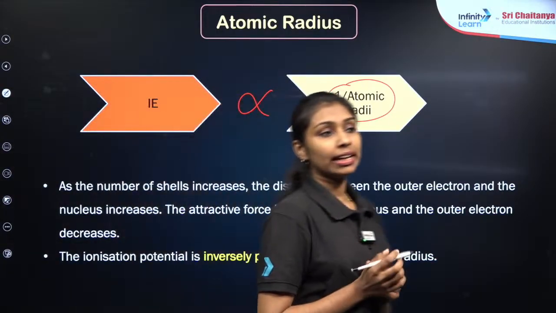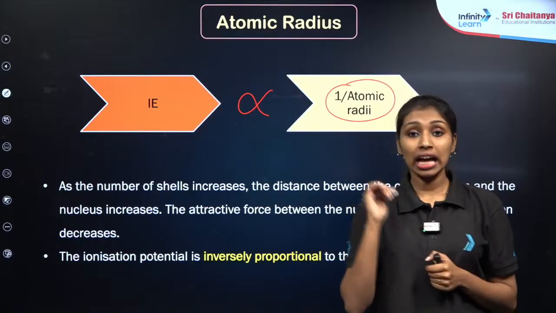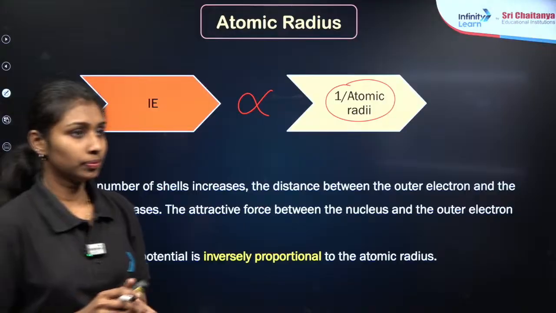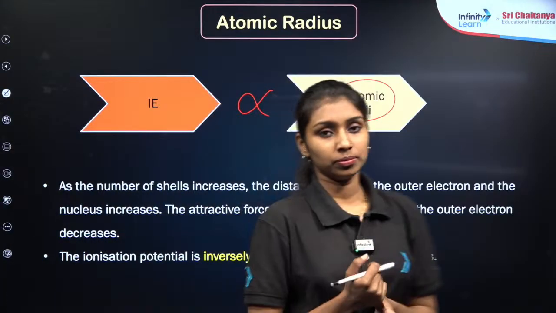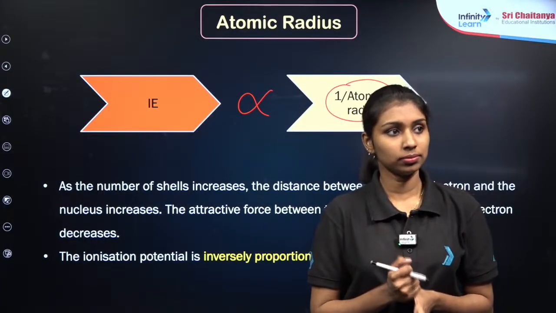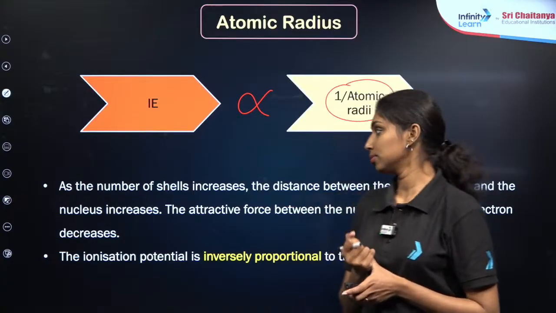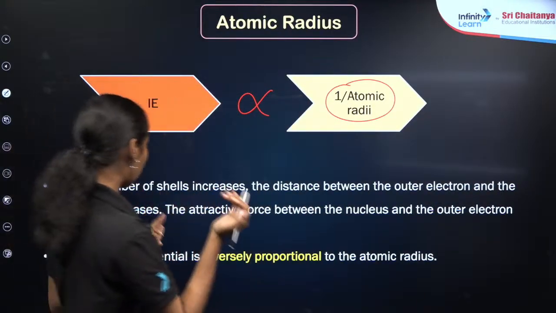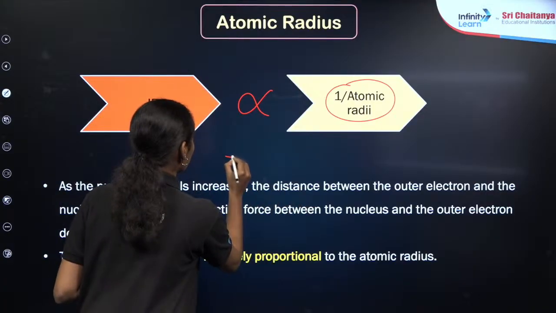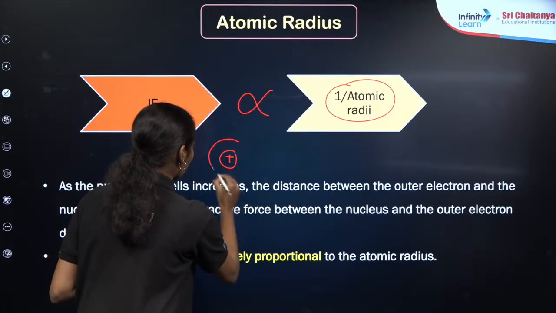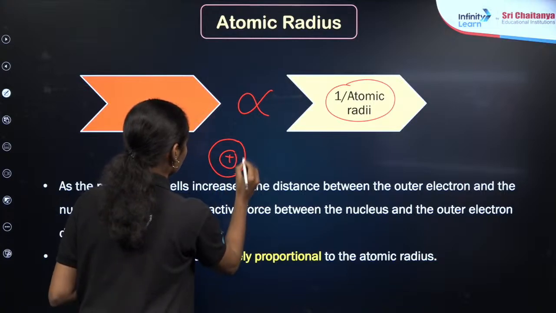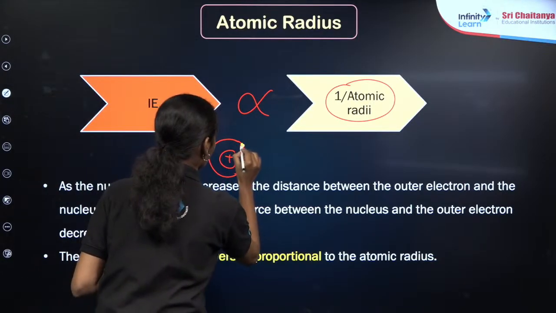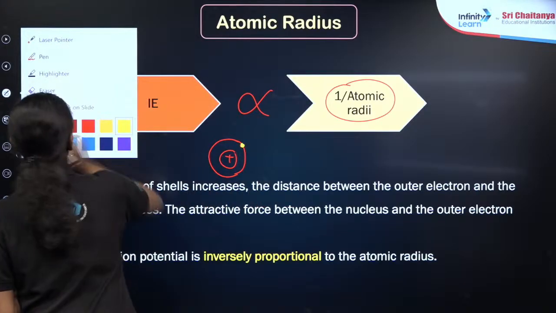What will be the reason behind that? Whenever the atomic radii increases, ionization energy decreases. What will be the reason? Any guess? Okay, as the size increases, for example, if this is the nucleus and here will be the electron, and if I take another atom,